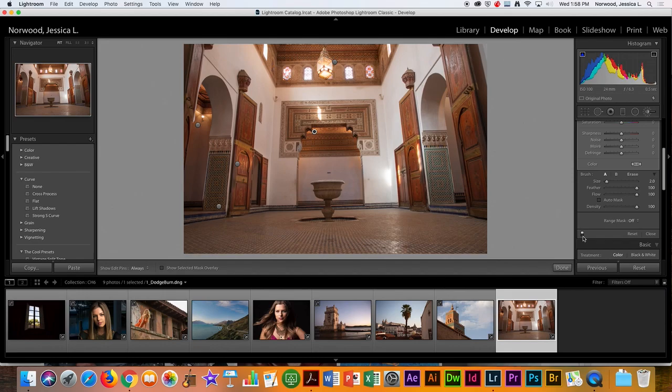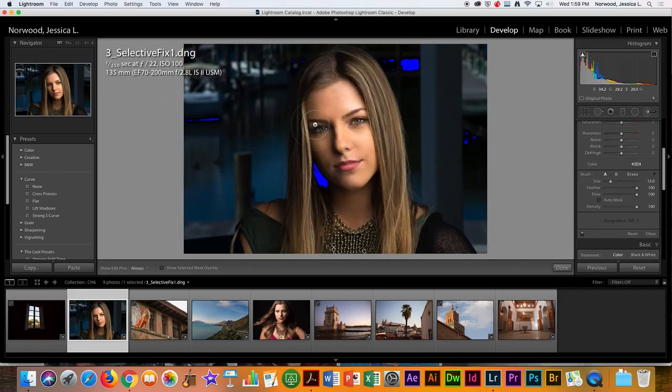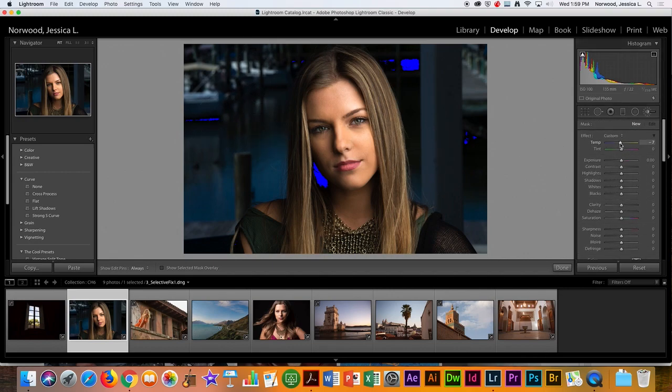So when you have two different lighting situations, this is awesome. It can be fun to do the same in this type of image where maybe you don't want the background blue. She's got a yellow tone to her skin, but the background's very blue just because of the nightlight or the sun just setting, whatever time of day it might be. So you might want to do the same for this background too. You might actually want to do the opposite and warm it up so that it's a little more closely matched with